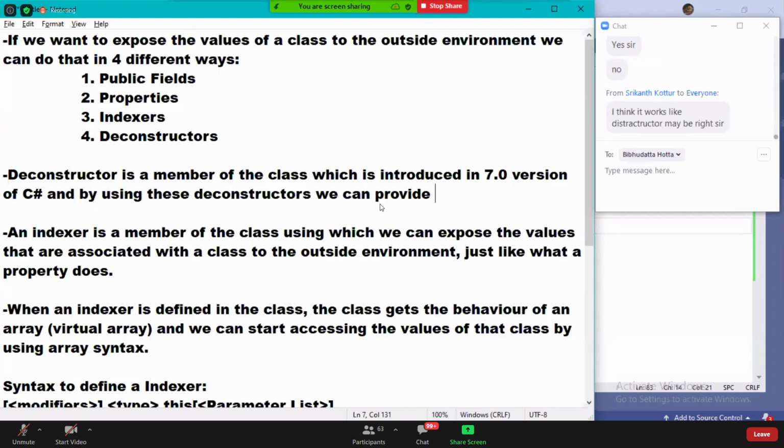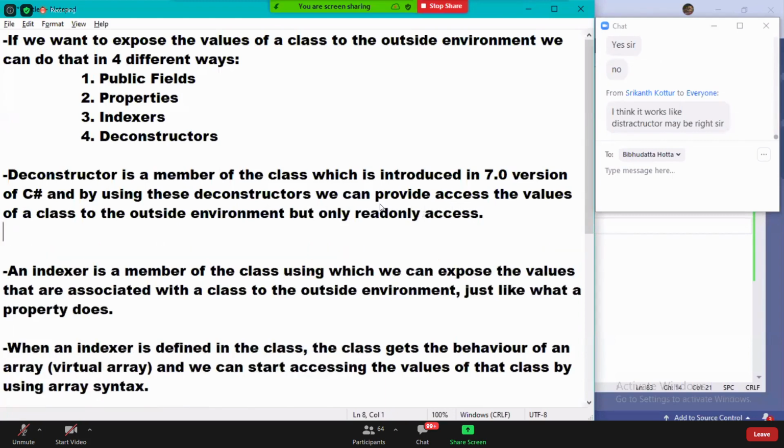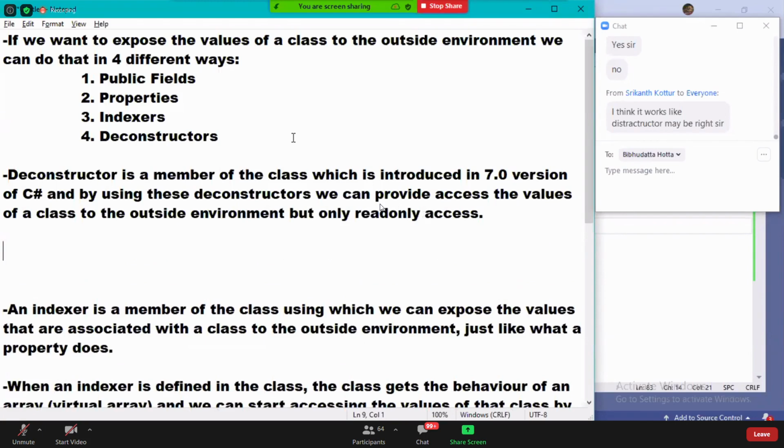Using these deconstructors, we can provide access to the values of a class to the outside environment, but only read-only access. Guys, read that carefully.